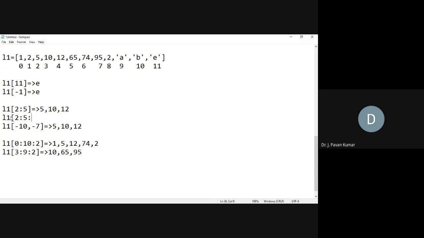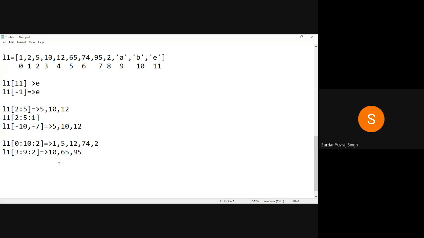2, 5. We have to start from 2 and go to the next one. If you give 0, then it will not increment. After 2, we have to go to 3. So the step should be 1. Earlier we haven't specified anything. As we have discussed, by default it will be considered as 1. If you wanted to specify, you can specify 1, or other than 1 also, based upon the requirement. By default, the value of the step is 1. Is it clear?